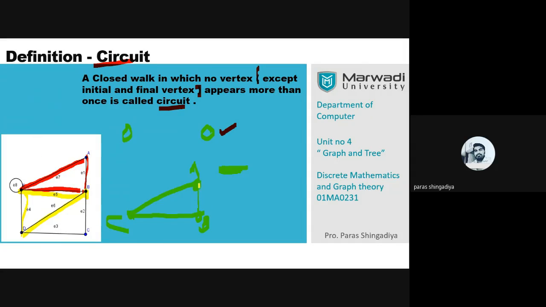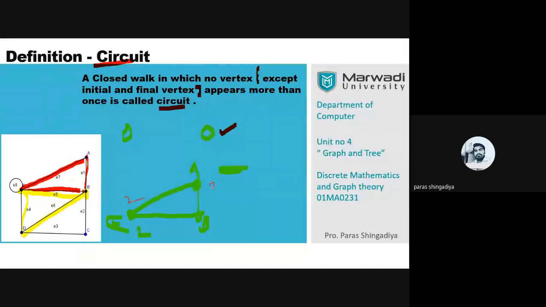As you can check, consider the degree of every vertex in a circuit. This is your circuit right now: A, E1, B, E5, E, and E7, A. That is now your circuit. And clearly every vertex in the circuit is of degree 2. What is the degree of each vertex right now? Clearly the degree of each vertex is 2.